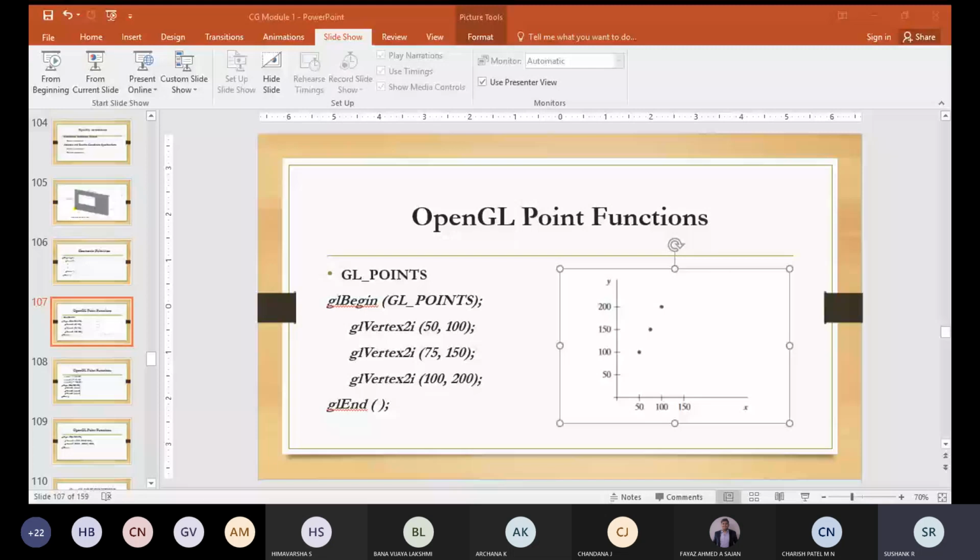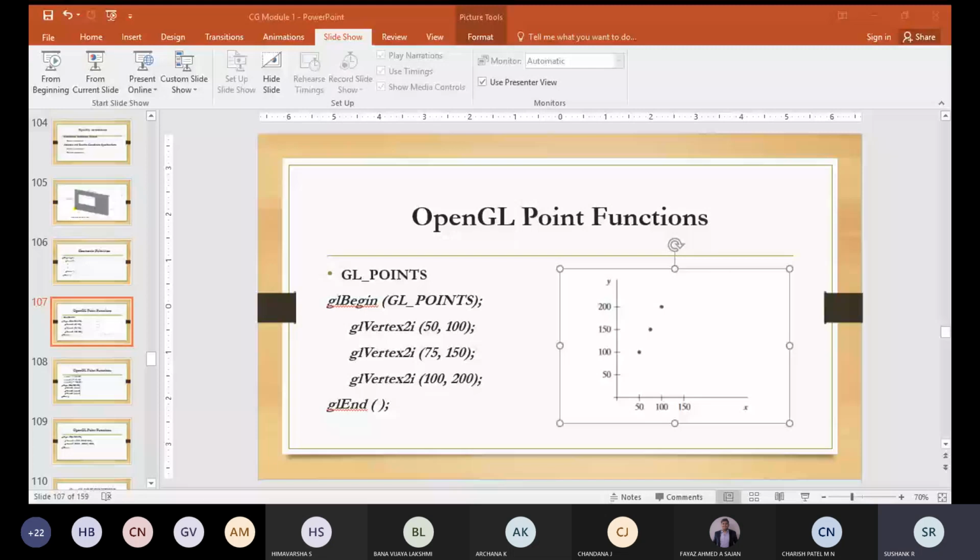And the second one, check at what position it is. The second one's x position is 75. So in between 50 and 100, you can see the second dot, and exactly at the 150 position. Can you see that? The second line, GL vertex 2i 75 comma 150, means at the x position 75 and the y position 150 you can see a dot. GL vertex 2i 100 comma 200 means the x position will be 100 and the y position will be 200. It's like plotting a graph. You would have plotted a graph, right? The same thing. So three dots are getting displayed after you execute this function.